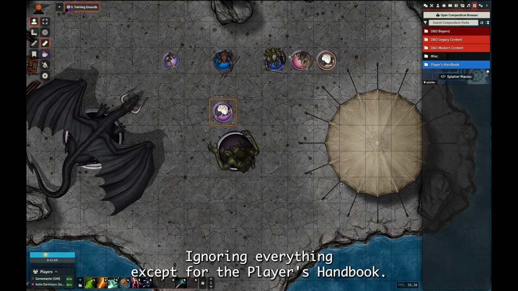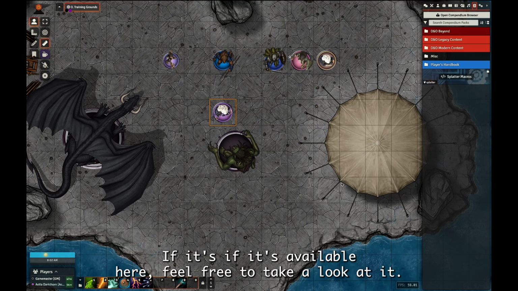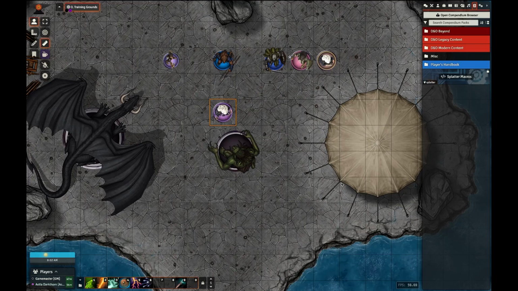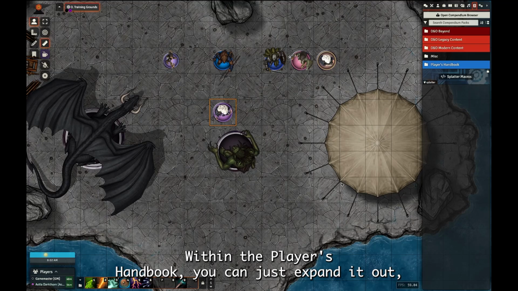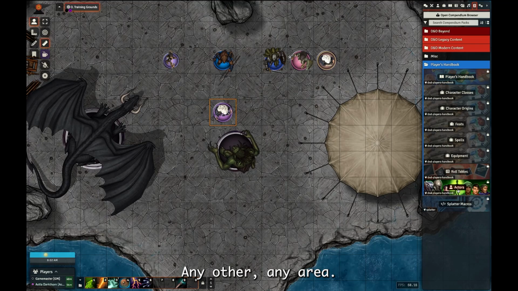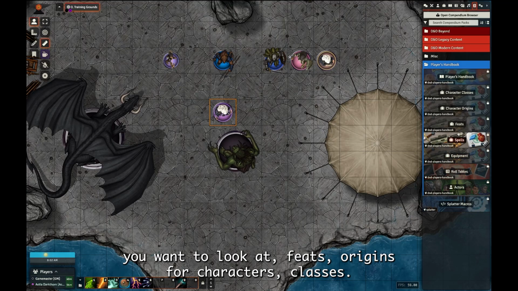Ignoring everything except for the player's handbook, you can go into the other stuff as well. If it's available here, feel free to take a look at it. But basically the most important one is the player's handbook that I provide access to all my players. Within the player's handbook, you can just expand it out, and within that you can go into any area basically. If there's roll tables, equipment you want to look at, spells you want to look at, feats, origins for characters,